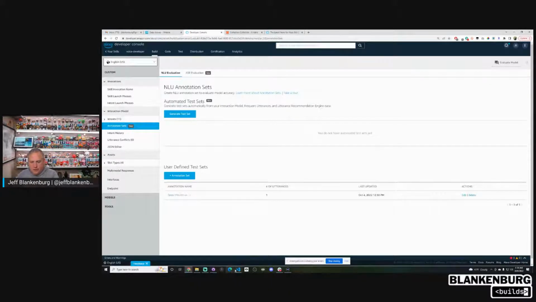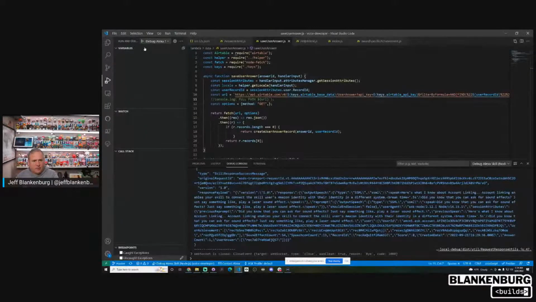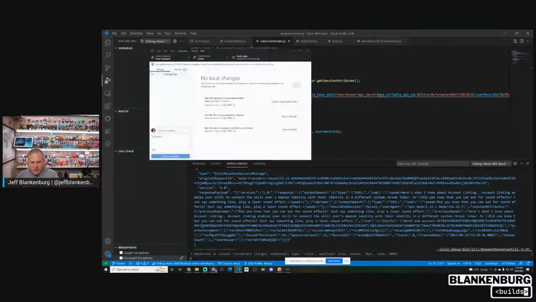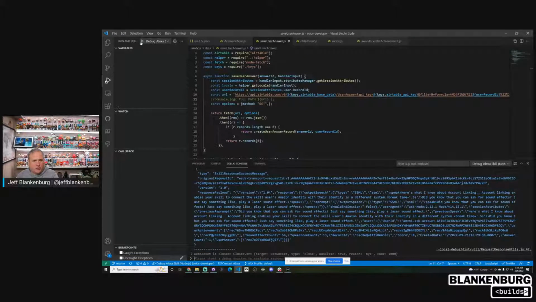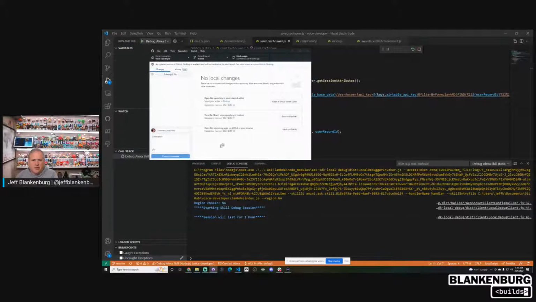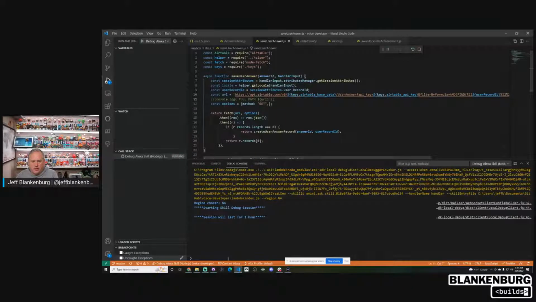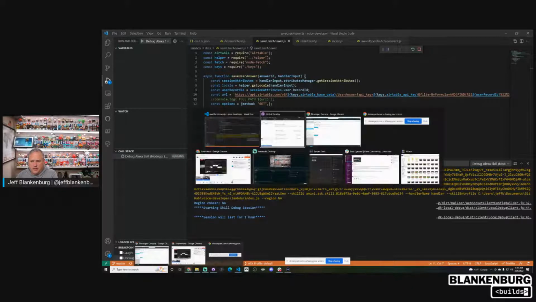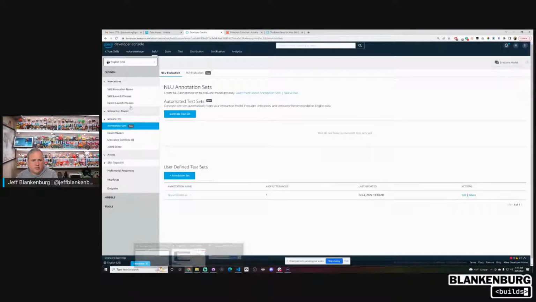So first things first, let's go to our dev environment and let's fire up local debugging. Actually, we should check and make sure that we have the latest. Looks like we do. Okay, so fire up the local debugging. It looks like everything is working. That's great news. You can go away for a while. And now let's get into the developer console. So if we look at our test tab,